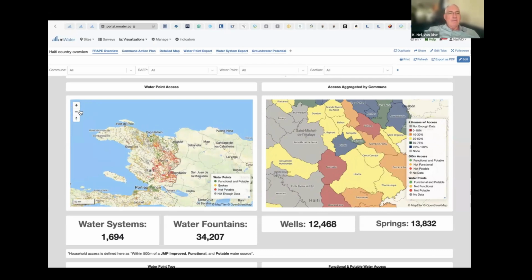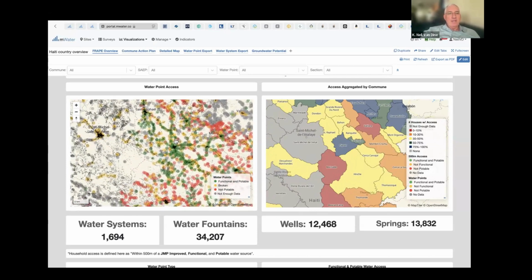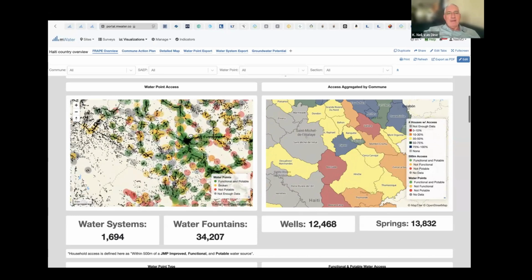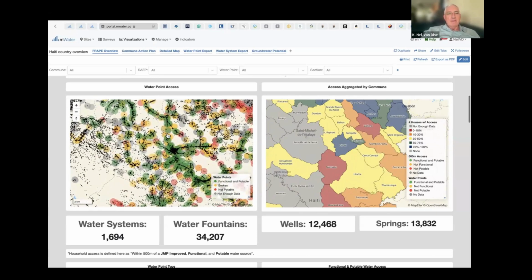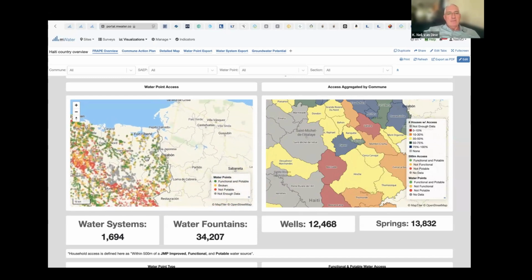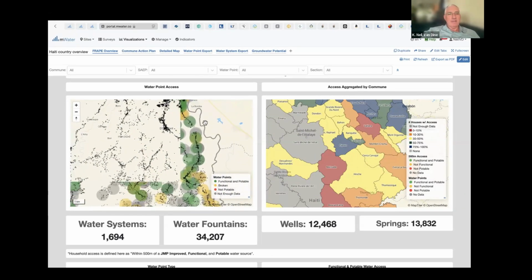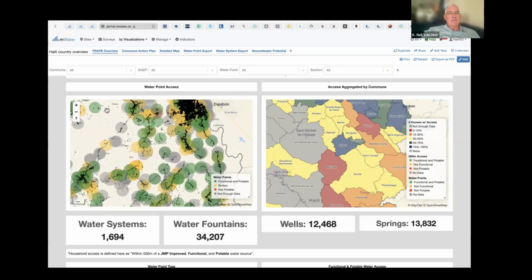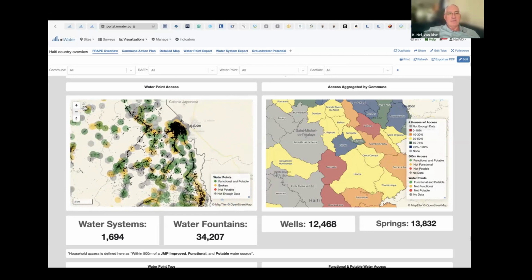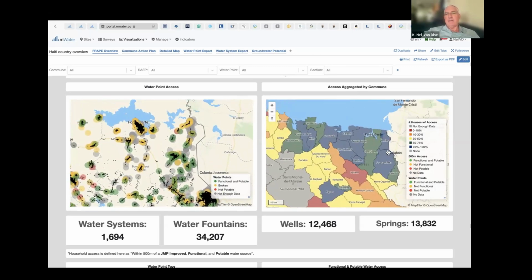And when we look at Pion, you can see the colors change in Pion. This is Pion here in the middle of the map. There's very little red in Pion. Most of the houses in Pion have access. Wanamint is another town that has a ton of access. Nearly everybody in Wanamint has access to clean water. Almost no red circles in Wanamint. Verrier. The Northeast is in pretty good shape. You can see based on this map.